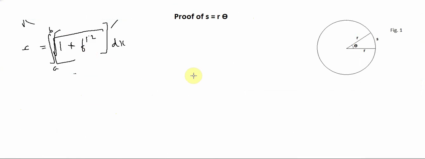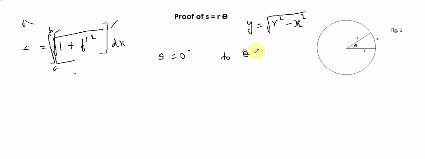This is the formula for the arc length of any curve, of any function. Our function is y equal to square root of r square minus x square, and this time we integrate from theta equal to 0 degrees